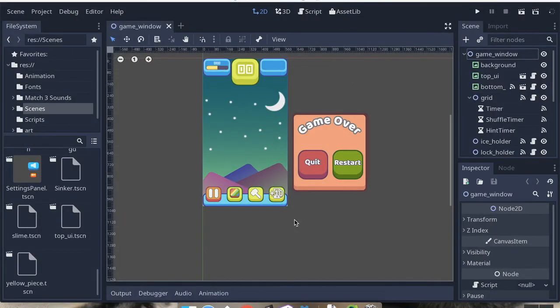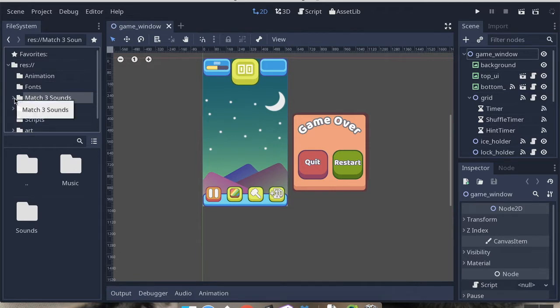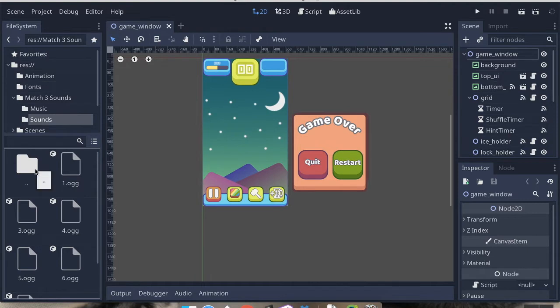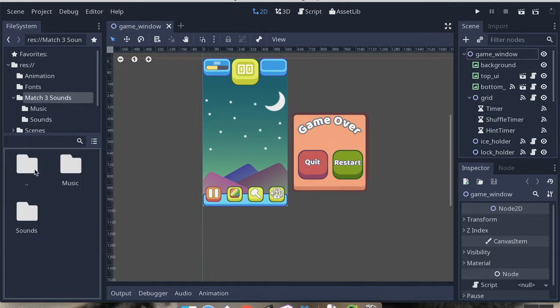Okay, welcome back. So today we're going to make a sound manager so that our game can feel a bit more lifelike. Now to do that, the first thing we need obviously is sounds. Now I've included some sound files inside of the Match 3 assets, so you can download that now if you want to. In there I have a couple different themes, which is background music, and I have 6 different sounds so that we can have a random sound play each time,